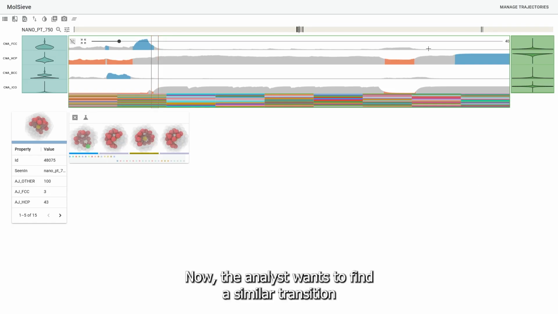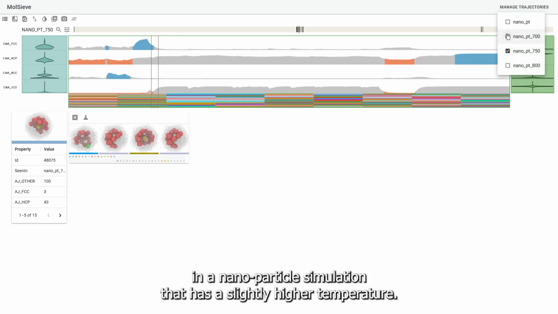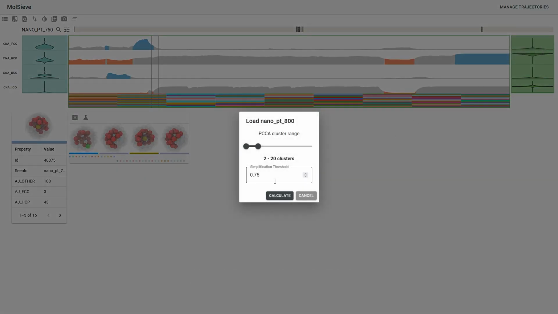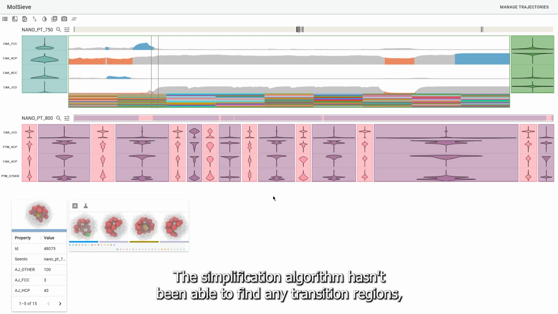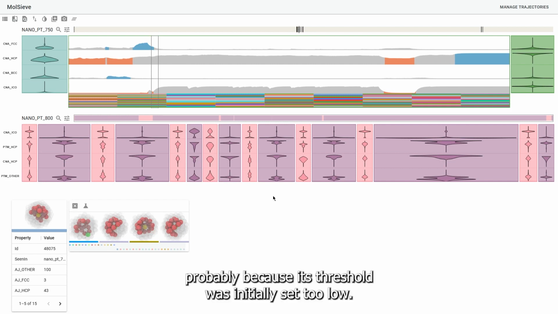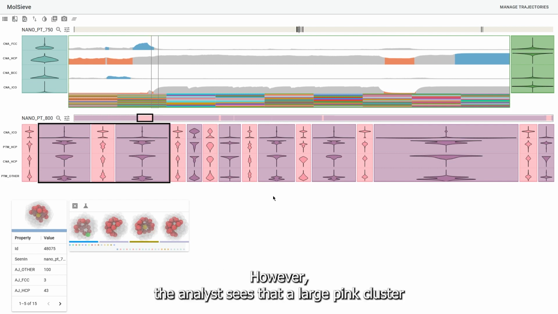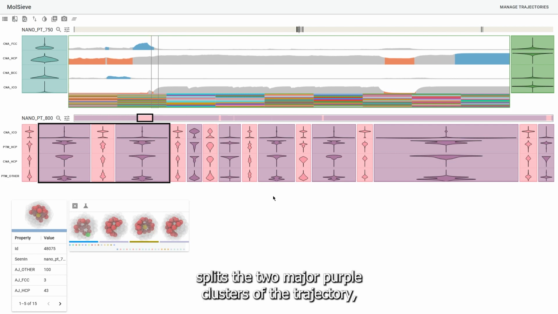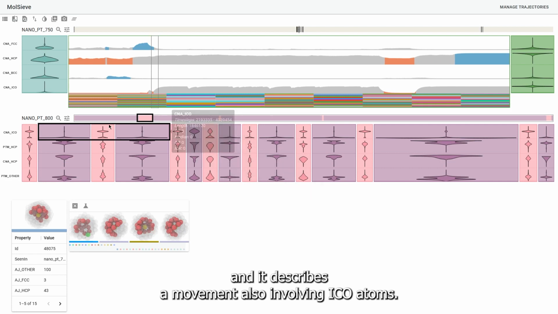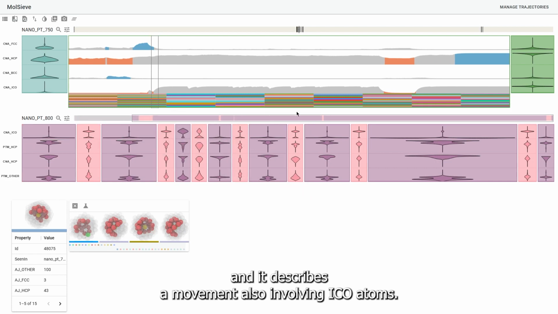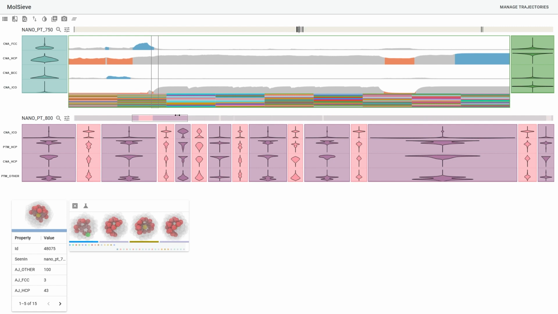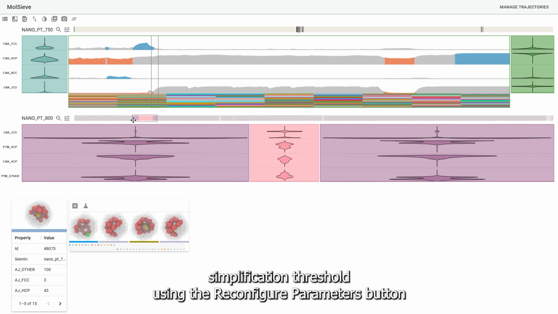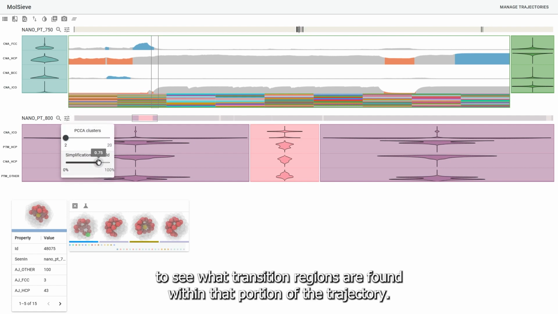Now the analyst wants to find a similar transition in a nanoparticle simulation that has a slightly higher temperature. The simplification algorithm hasn't been able to find any transition regions, probably because its threshold was initially set too low. However, the analyst sees that a large pink cluster splits the 2 major purple clusters of the trajectory, and it describes a movement also involving ICO atoms. They increase the simplification threshold using the Reconfigure Parameters button to see what transition regions are found within that portion